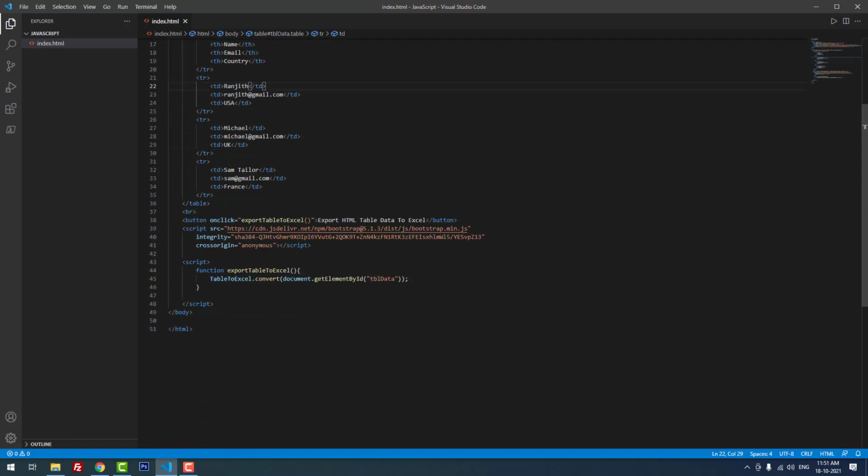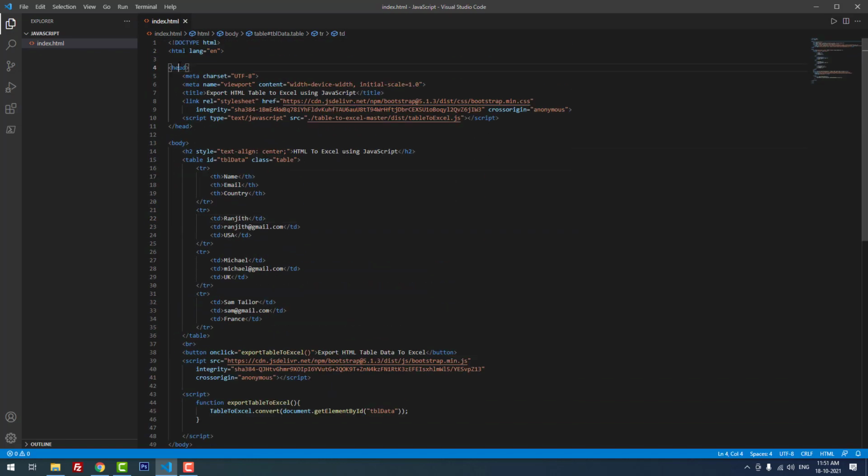As you can see, this is the HTML code where the head tag and body tag are there. Inside the head tag I am going to mention the meta charset, meta name. I hope you all know that these are the default HTML codes. I'm going to include Bootstrap for this project for just trial purposes. So I included the Bootstrap CSS style sheet using this link. Then